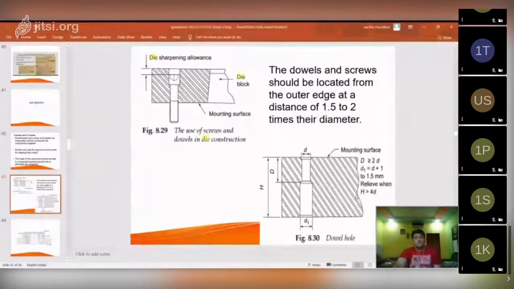When the total height h of your die block is greater than 4D, meaning the dowel diameter, then D1 should be D plus 1 to 1.5 mm. So these are some design aspects of how you can design a dowel hole or dowel in your die block.